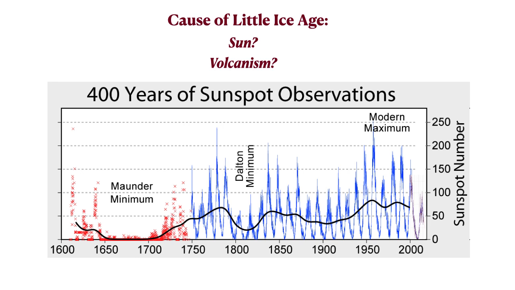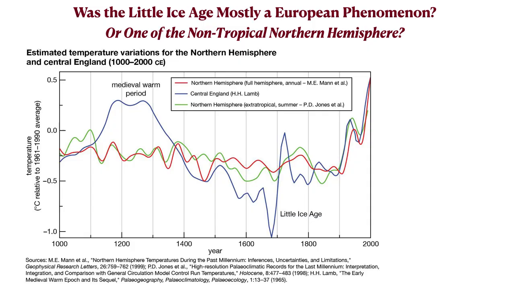But these minimum periods of sunspots are associated with less solar radiation. And there's evidence of volcanism, which often comes up as well. There are also big debates over how much the Little Ice Age was a European phenomenon or a phenomenon across the temperate belts, especially of the northern hemisphere. It doesn't really seem to have been a global thing. It may have hit Northern Europe much harder than other places, although there's a lot of evidence it hit China pretty hard as well. But we have central England here.